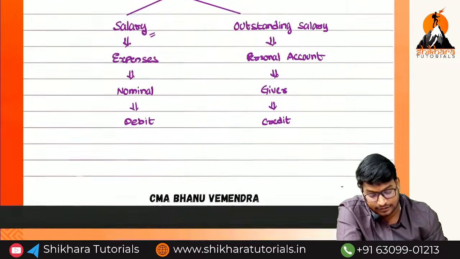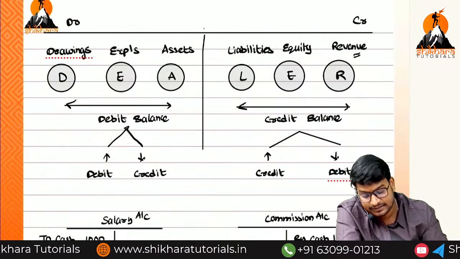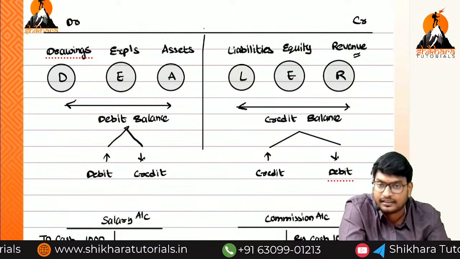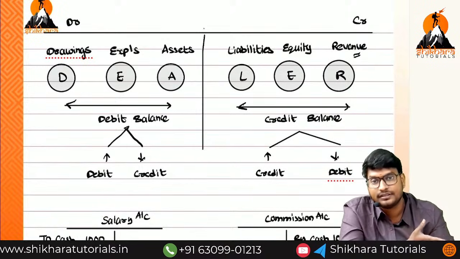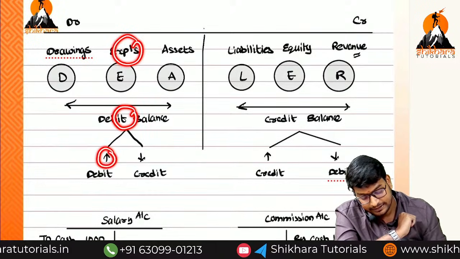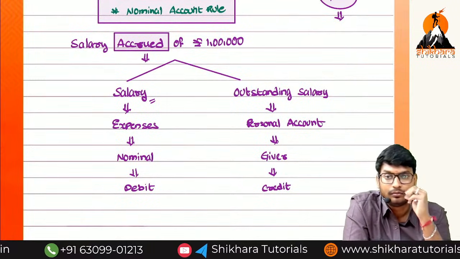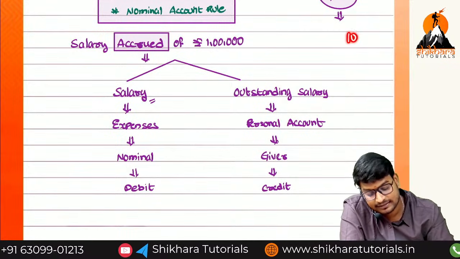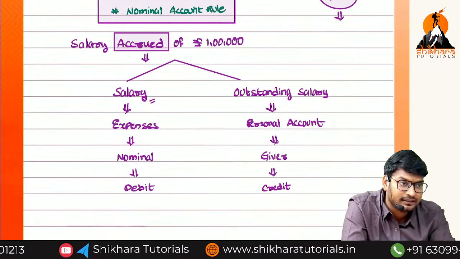Now, salary is called what? Expenses. Expenses have which balance? Debit balance. Expenses increase or decrease? Expenses always increase. Income also always increases. There are certain situations where we have to decrease; there you can get to know. So expenses, debit balance increases, what do we need to do? Debit. Which approach is simple? The modern approach is simple. In tomorrow's class I will discuss that 10 entries are sufficient. Then after we can enter into accounting for shares and debentures.